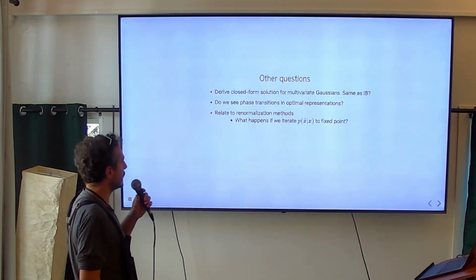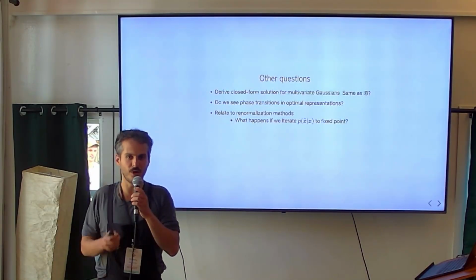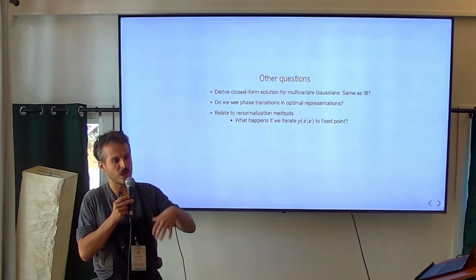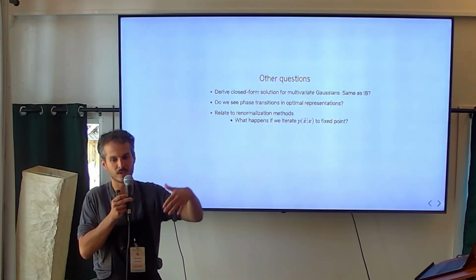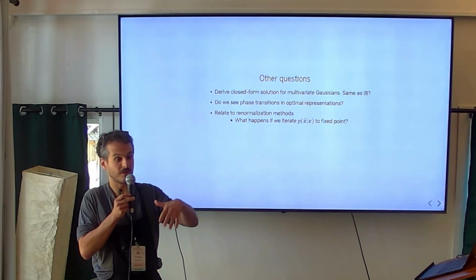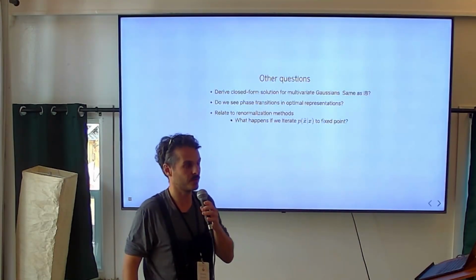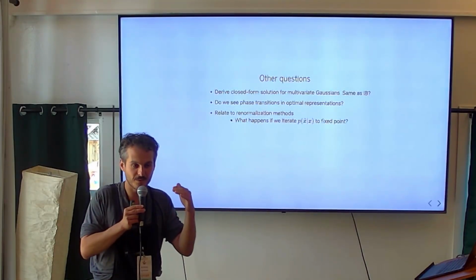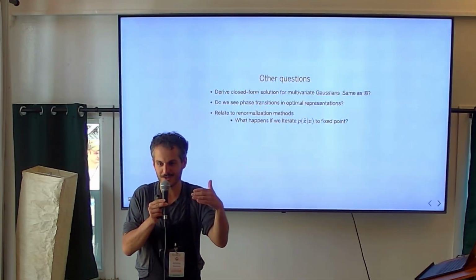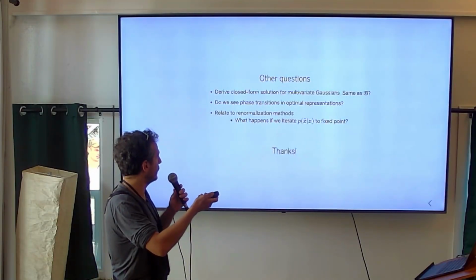And finally, maybe it would be interesting to think about this in terms of renormalization. We don't necessarily think of this as a one-time map, but what if this is a generator of a flow, or we iterate this map? Can we converge to critical points, fixed points of it? I don't know if that makes sense. What we're looking for here is one step of the diffusion process, but we can think of this as finding the flow. That's it.